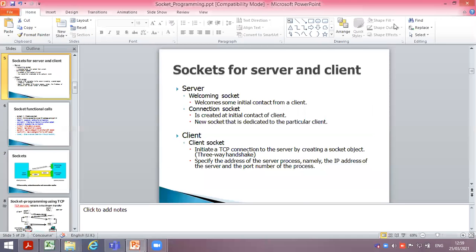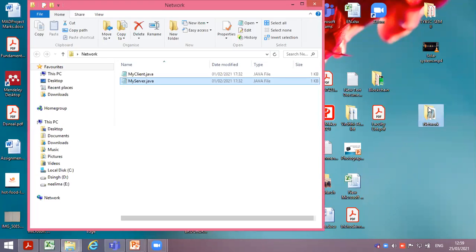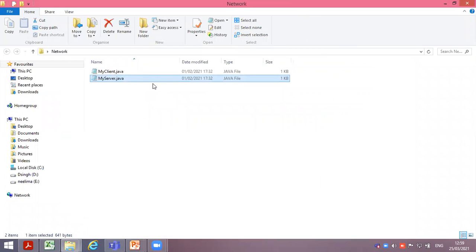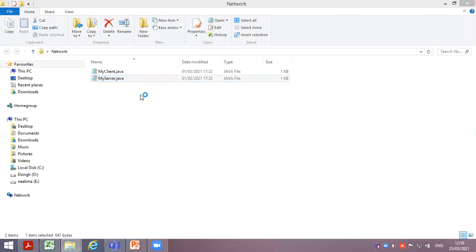I have a network folder with two files: one is the server and the second is the client. First I check the client.